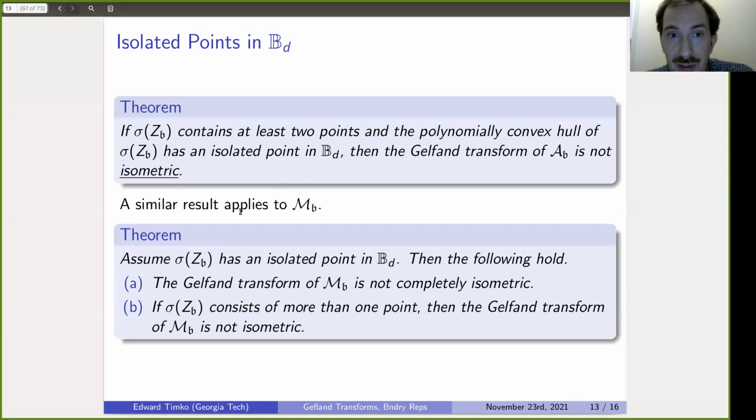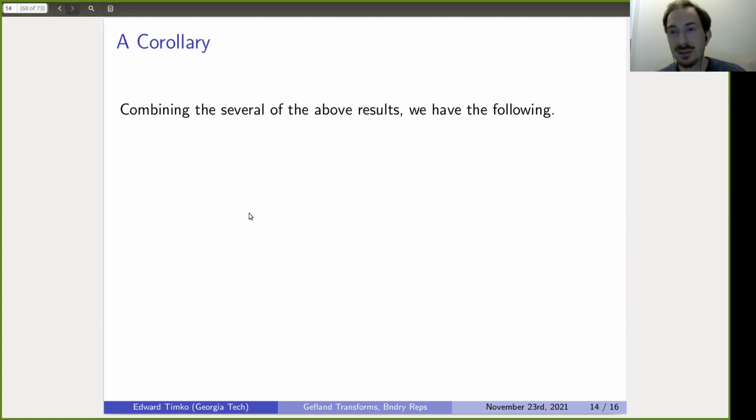And again, the important point here is that in the background there's this assumption that we're dealing with a setting where HB has to have dimension 2 or greater. Now, what we can do is take some of the ideas and combine them in the following corollary,